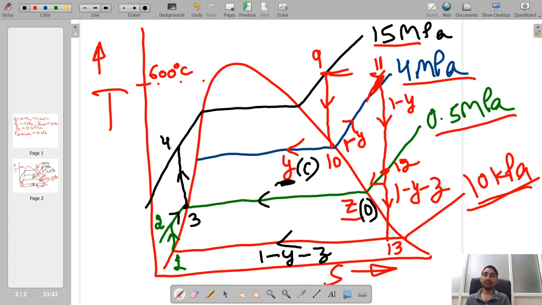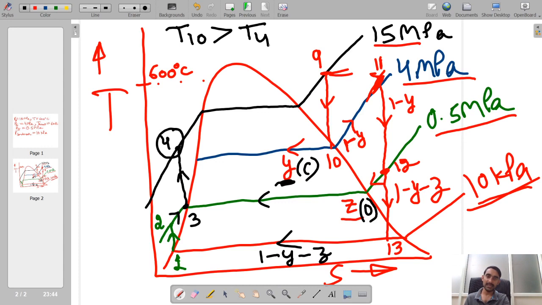And now what will be happening? So over here, as I am representing, this temperature is coming more than that of the temperature of point number 10. However, in actual practice, this is a wrong representation because I have randomly drawn the lines. I have not drawn with actual conditions. In actual practice, the temperature of point number 10 will be more in comparison to the temperature of point number 4.